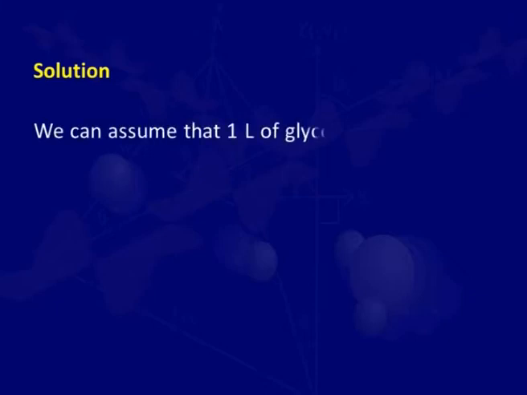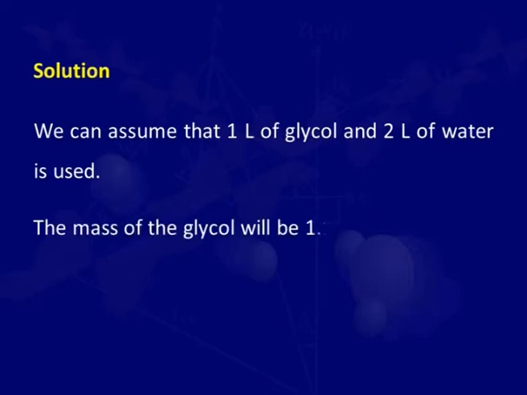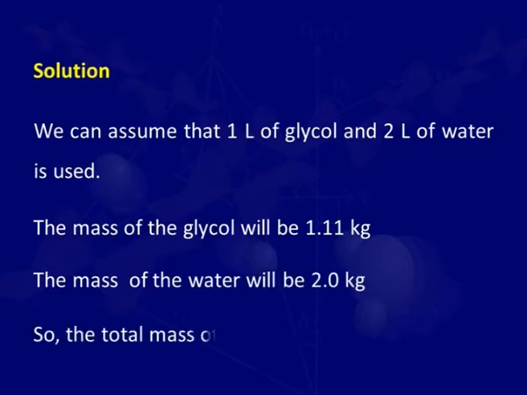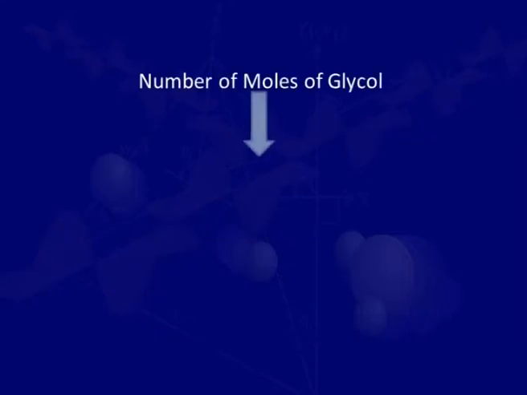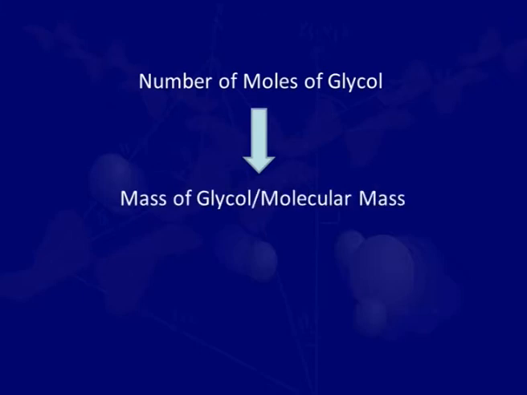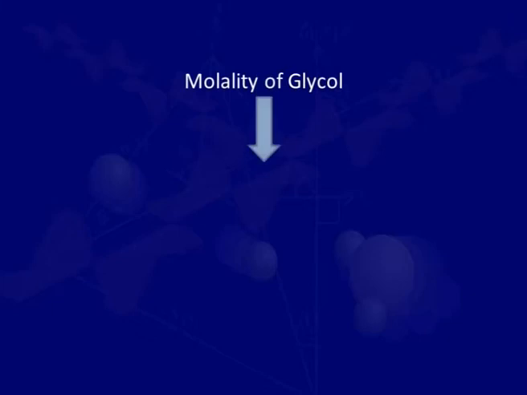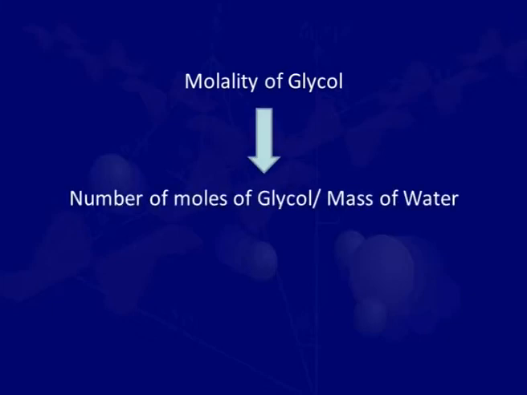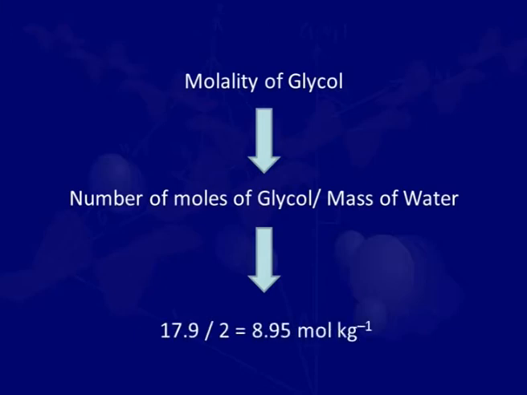We can assume that 1 liter of glycol and 2 liters of water is used. The mass of the glycol will be 1.11 kg and that of the water will be 2 kg, so that the total mass of the solution will be equal to 3.11 kg. Now number of moles of glycol will be equal to mass of glycol divided by its molecular mass, which is 62. So number of moles of glycol will be equal to 17.9 moles. Molality of glycol will be equal to number of moles of glycol upon kg of solvent. Solvent is used 2 kg, hence molality of glycol will be equal to 17.9 upon 2, which is equal to